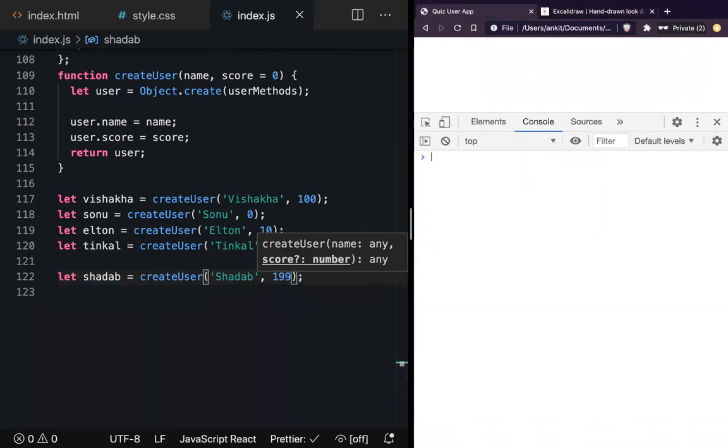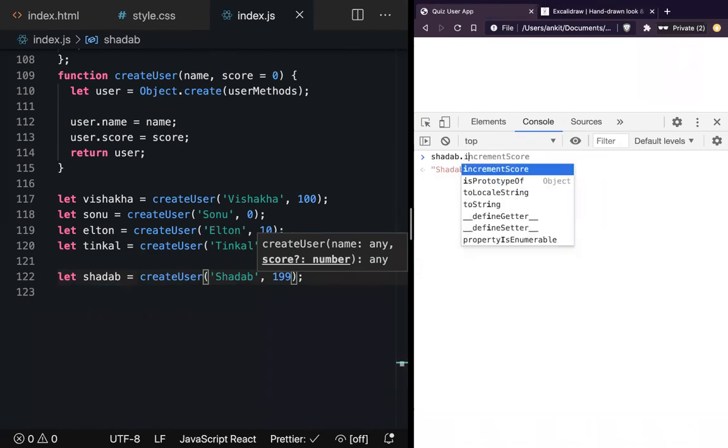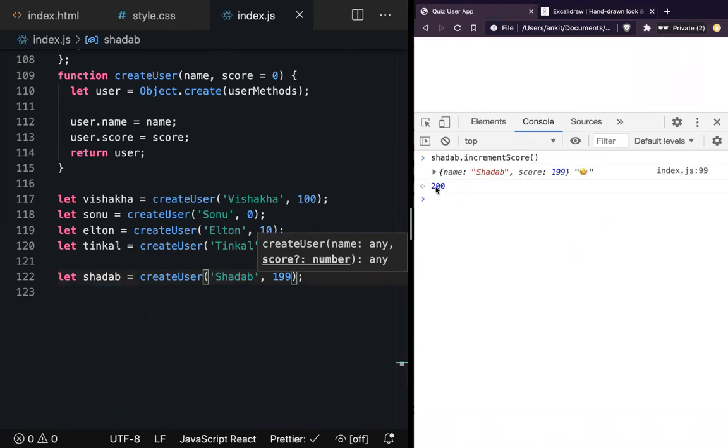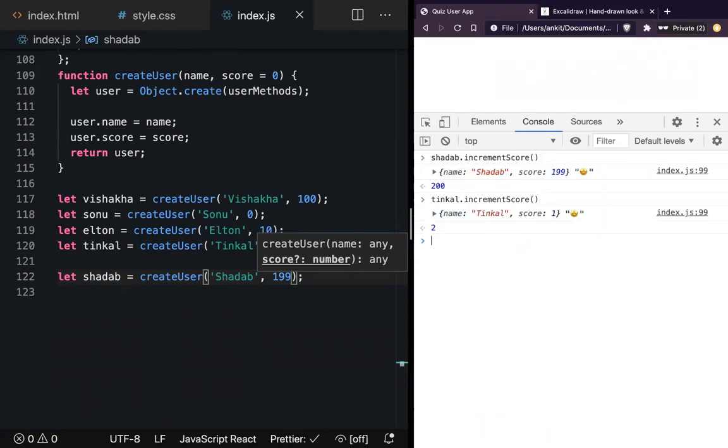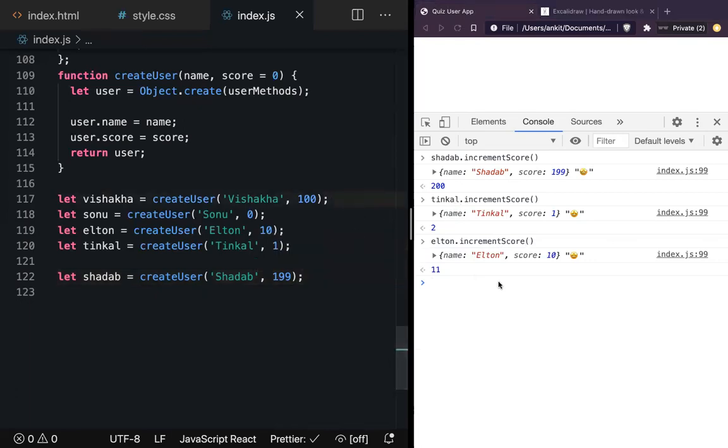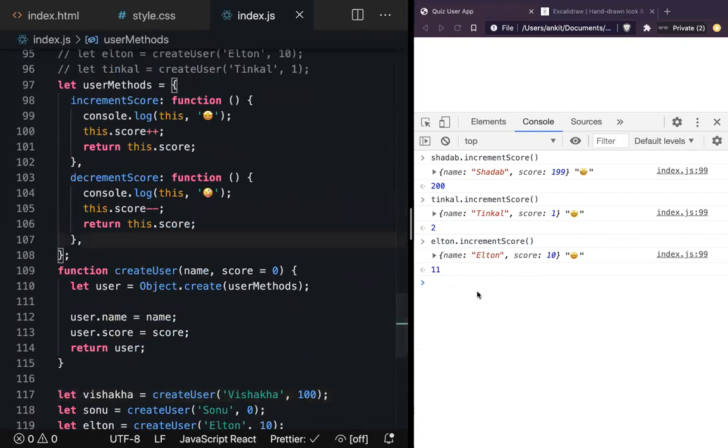I'll look for Sadav.incrementScore, call it, and we can see this became this object. When I'm saying Tinkle.incrementScore, call it, and when I'm doing Elton.incrementScore, we can see the value of this is changing every time you call it. And this is one of the rules for understanding the value of this.